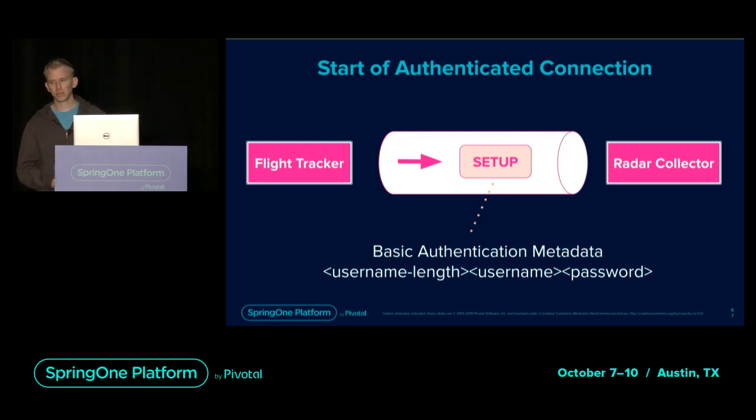And as Rawson was mentioning earlier, there's metadata that can be included in the first frame, and including the setup frame. So here we're doing basic authentication. It's not to be confused with HTTP basic, because it's a different protocol, so you encode things differently. But basically you include the username and password in that connection. And then once you've set up that connection,